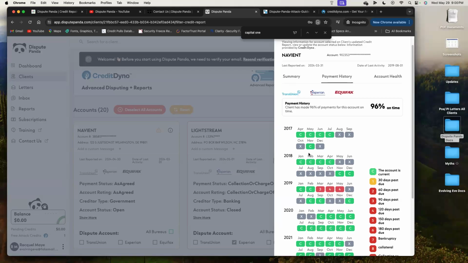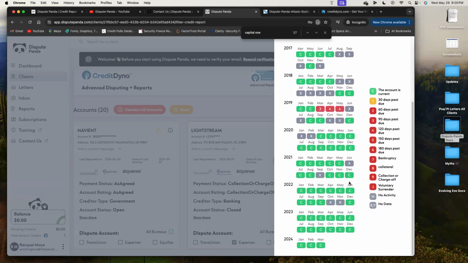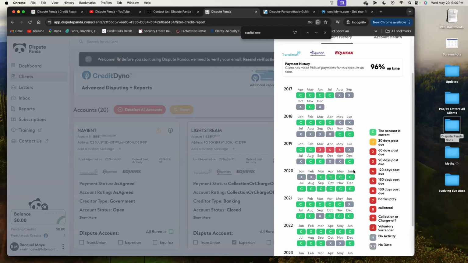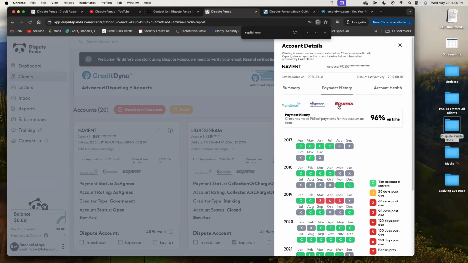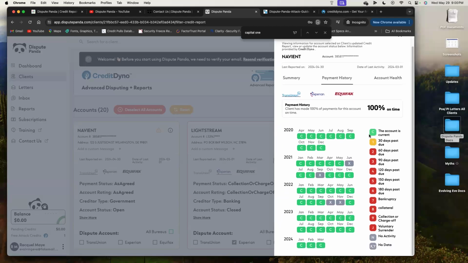So for instance, using this particular account as reference, I'm not necessarily going to be concerned about this particular account because it's not impacting them within the last 24 months. If my client is like, I want to attack all late payments, then yes, I will go ahead and select this option, but I would only select it for the ones that it applied for. So I'll select it for Experian because, as you can see, for TransUnion and Equifax, it is not having that issue.